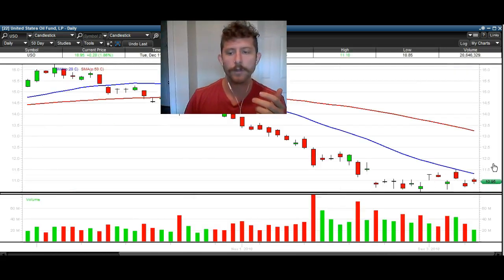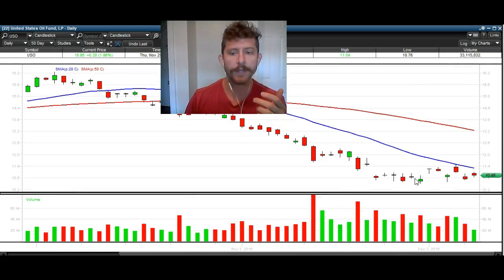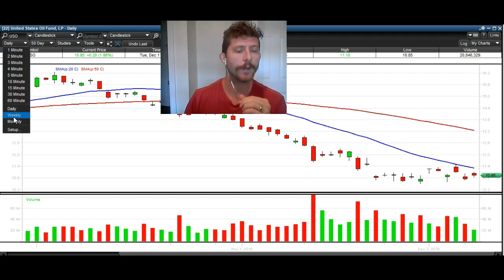And if you look at this action, same thing. We got this gap down. Here's a gap up, here's a gap down, gap up, gap down, gap up. Very, very similar to what we've seen at other bottoms. So does that mean we are going to the bottom for sure? No, it does not mean that. So please do not mistake what I'm saying.